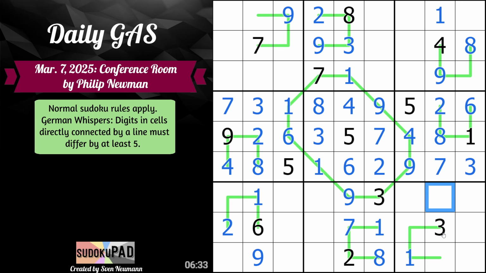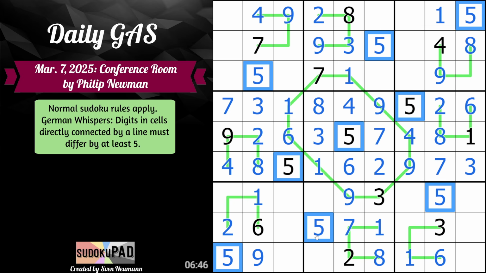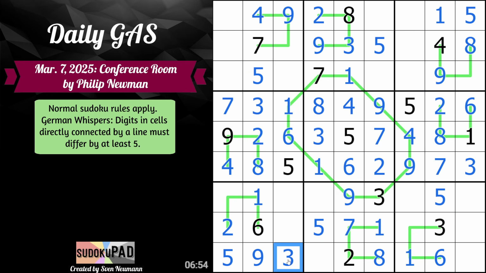Where does the 5 go in this column? 5 here, 6 here, 5 here, 4 here. That's something we weren't looking at. 5 can't go on the German whisper line, so 5 here and here. Let's double check, make sure. All right, looks clean. So then we get 3 here, 7 here, 5, 4,